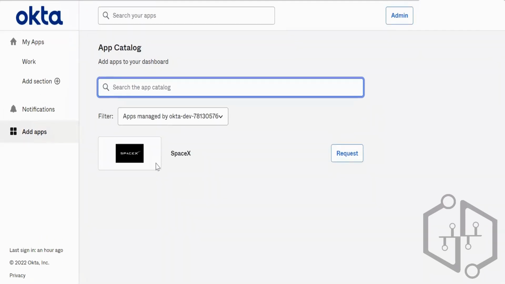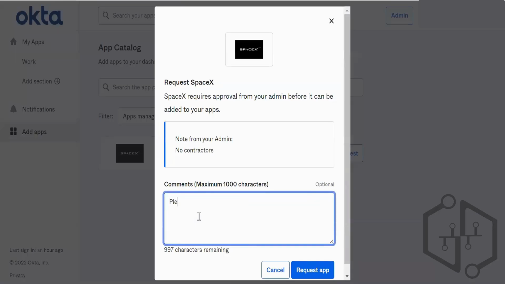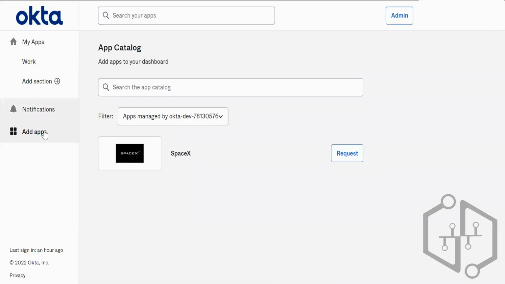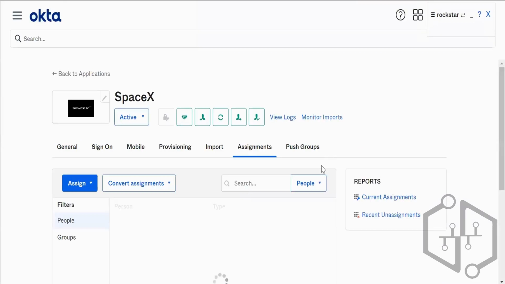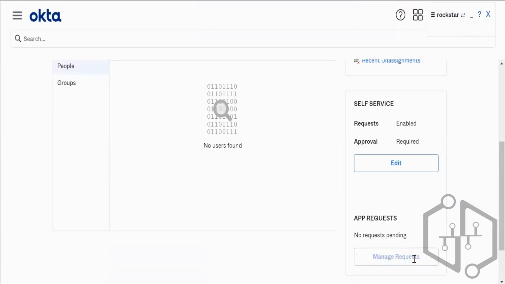You see here? Oh, I see. Please approve. Once I request this, the approver will have a task here. Let's say I keep myself as approver, which is not an ideal scenario, but